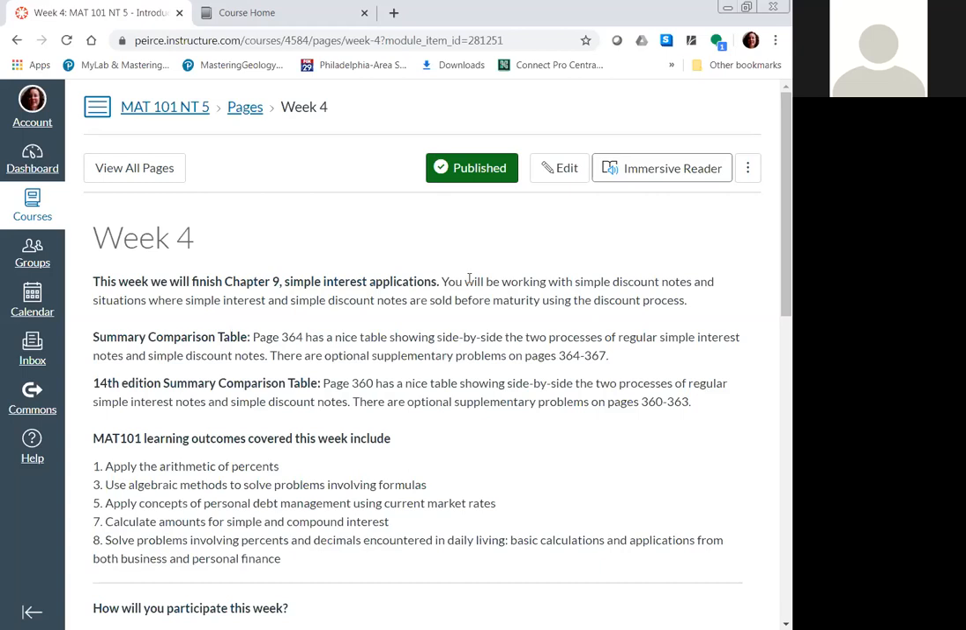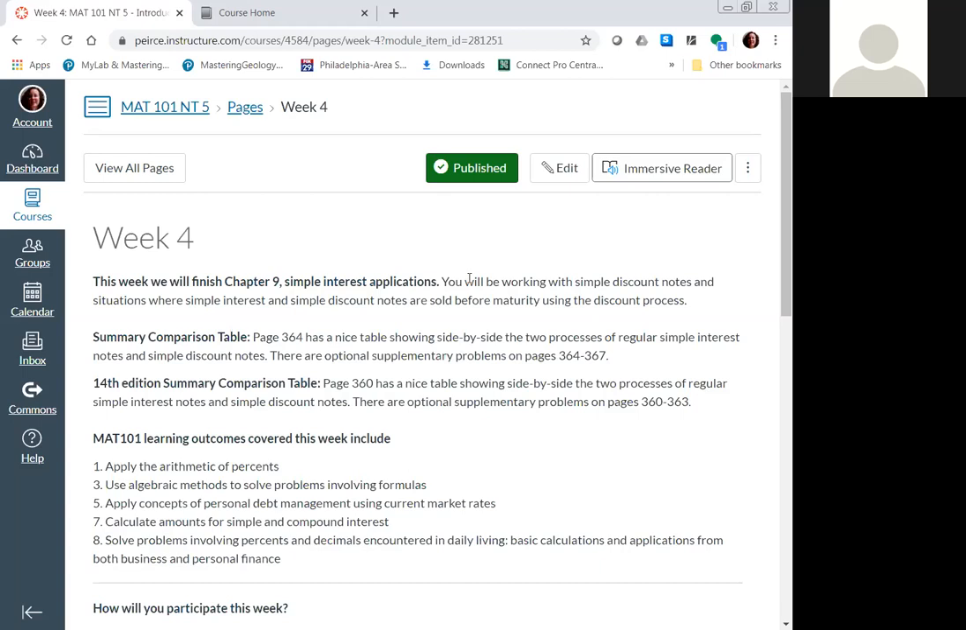So in addition to all of the examples in the book, I do also like to point out on page 360, it's a nice, concise summary. It's all on one page. It's a nice table to show you the comparison between what you did at the beginning of chapter 9 and